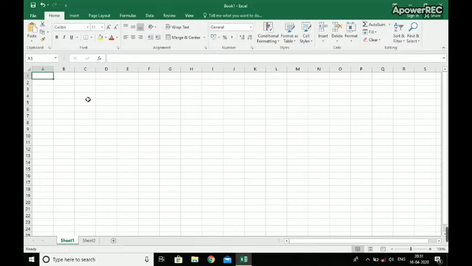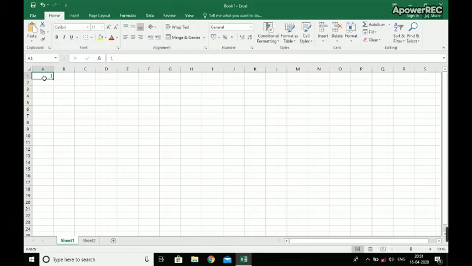First of all, let us see the menu bar, where you can see the font size is given here, font style is given here, then all the alignments are there, and down here you can see all these cells. What is a cell? Cell is an intersection of rows and columns. So let us see, first of all, if we have to write the serial number starting from 1 to any range.